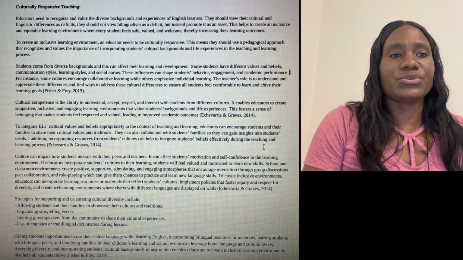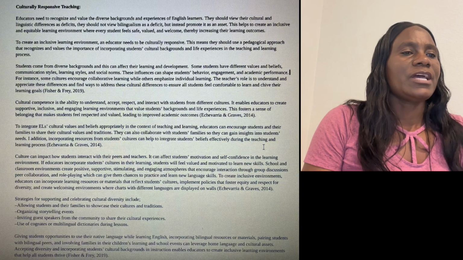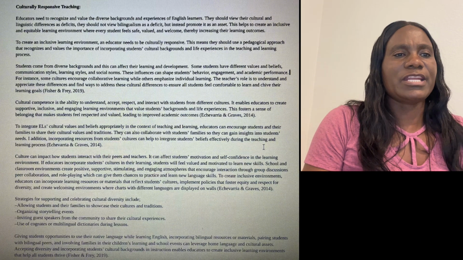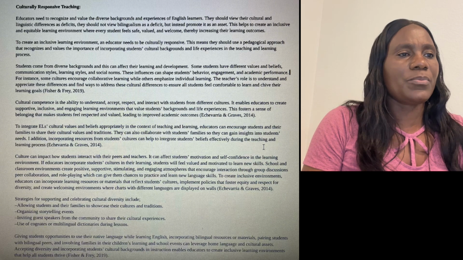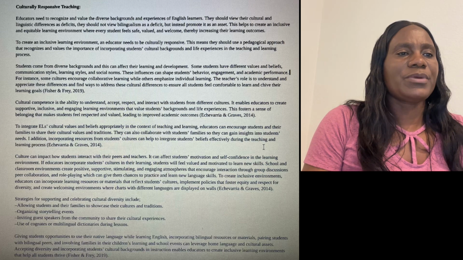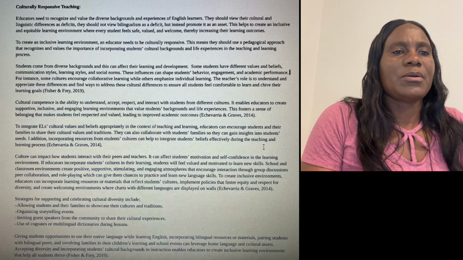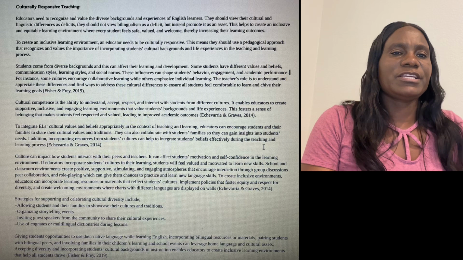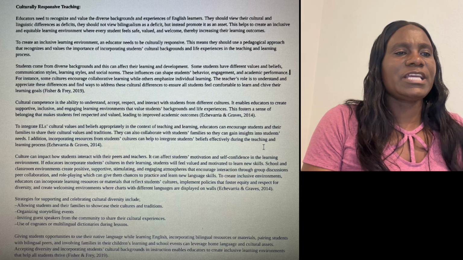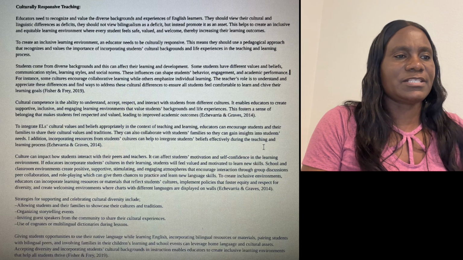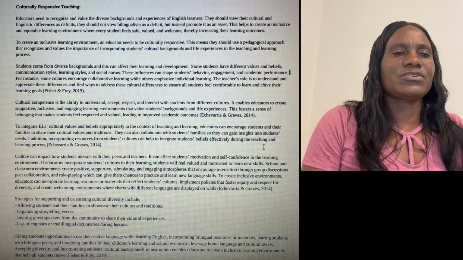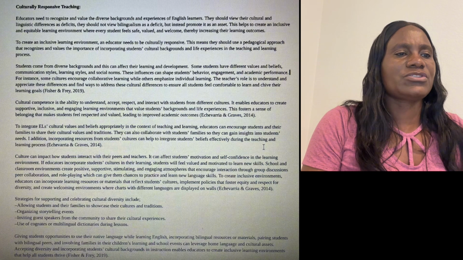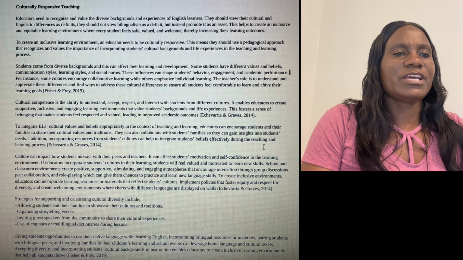multilingual dictionaries during lessons. Giving students opportunities to use their native language while learning English, incorporating bilingual resources or materials, pairing students with bilingual peers, and involving families in their children's learning and school events can leverage home, language, and cultural assets. Accepting diversity and incorporating students' cultural backgrounds in instruction enables educators to create inclusive learning environments that